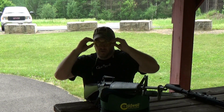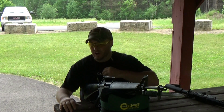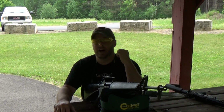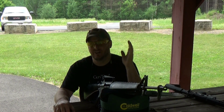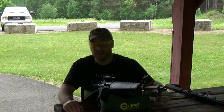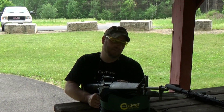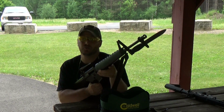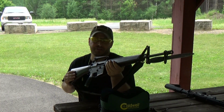Okay guys, so one other, and I wouldn't necessarily say myth or folklore, I don't really know what you would call it, but the rumor is, if you shoot with a bayonet, does that affect your accuracy? Well, guys, I tell you, I don't really know. But since we've got the Colt SP1 here, and it does have the bayonet lug, and coincidentally, we have a bayonet as well, I say, since we're here for the sake of science, we put that theory to the test